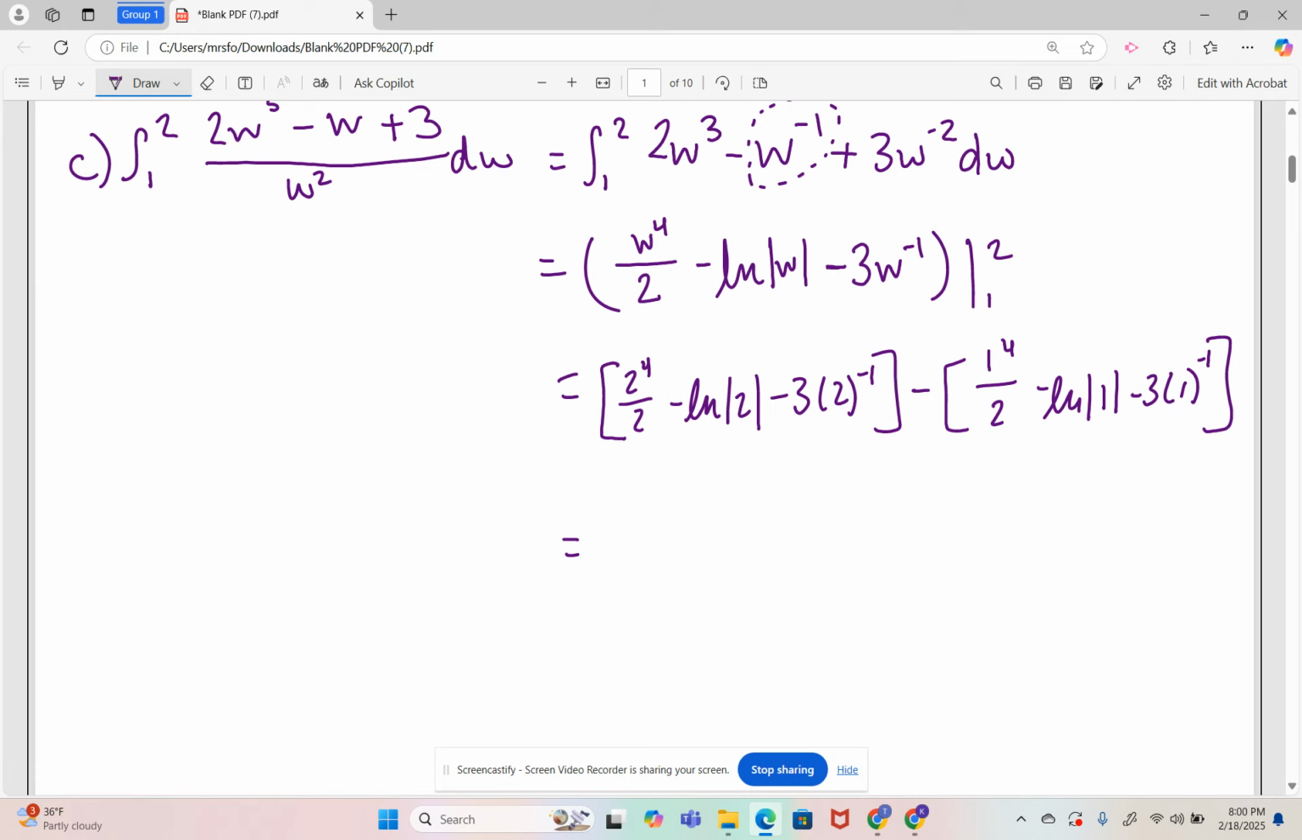Okay, so looking at this, I don't want to lose my natural logs. So what I'm going to do is each piece, that 2 to the 4th divided by 2, that is 16 divided by 2, which is 8, minus natural log 2 minus the, let's see, that minus 3 to 2. Okay, so that's going to become minus 3/2